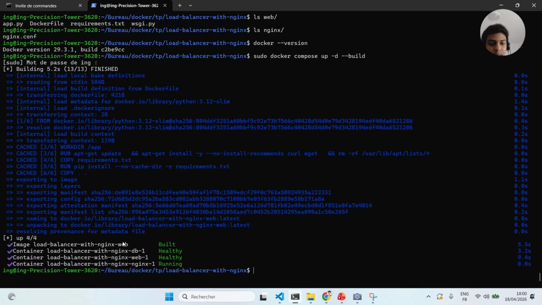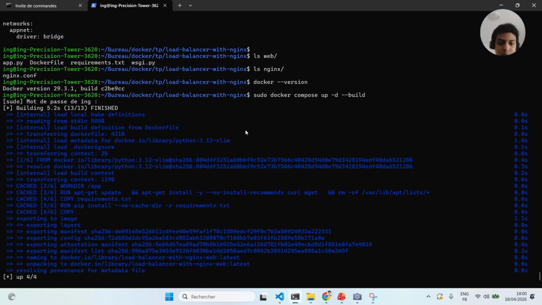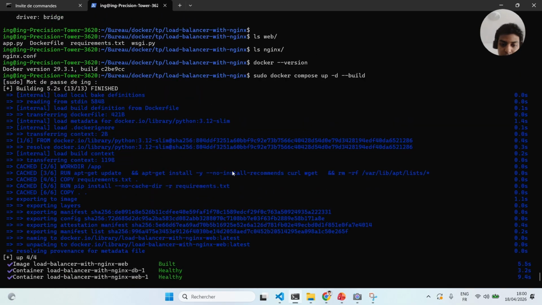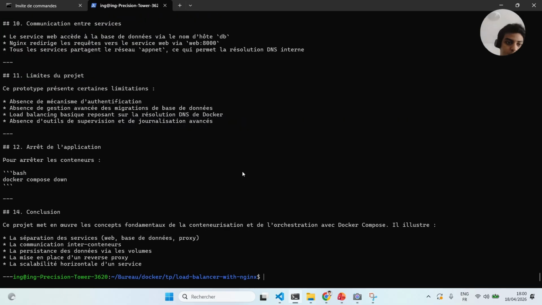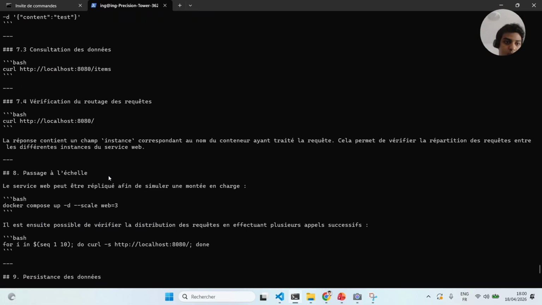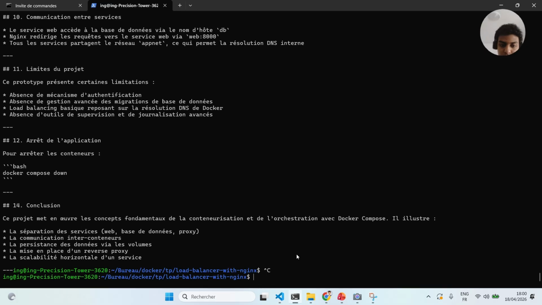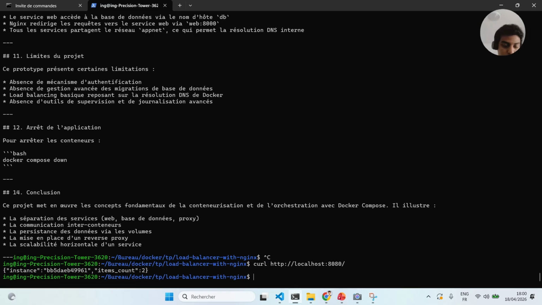And so everything is working. I will check, for example, cat readme to check everything is working. I just check this URL to see if it's working. As you can see, we have an instance, and we have two instances.